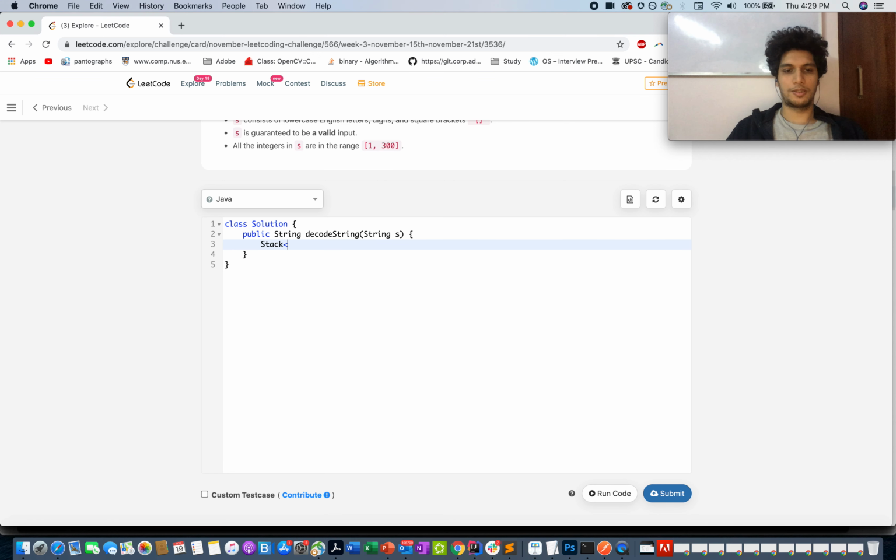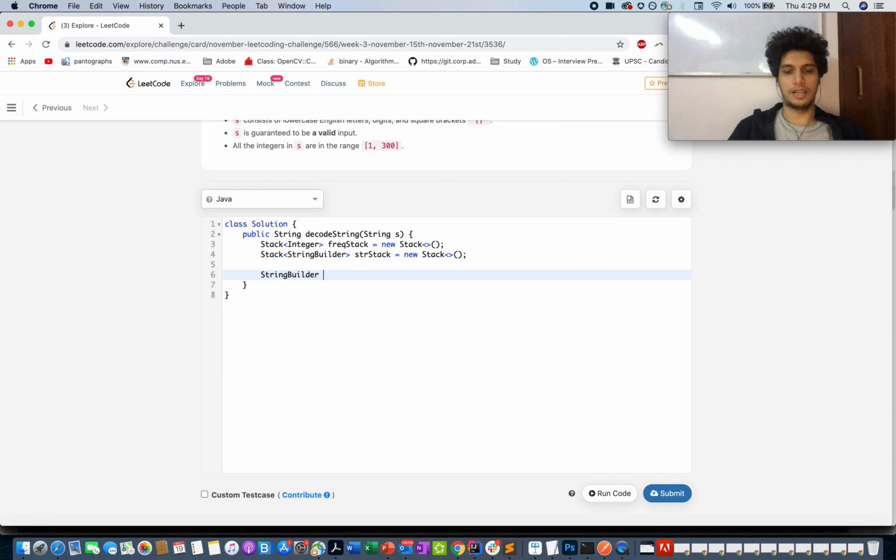Let me define the two stacks that I talked about. One is the integer stack, named the frequency stack, and the other one would be the decoded string stack. So I'm calling it the str stack. It will be of generic type StringBuilder, and I'll use another StringBuilder to store my current cache string value.